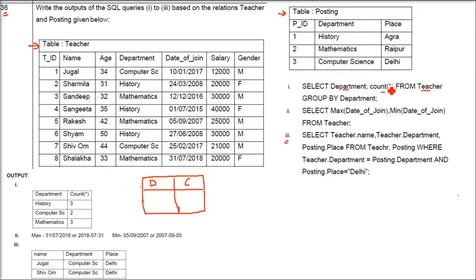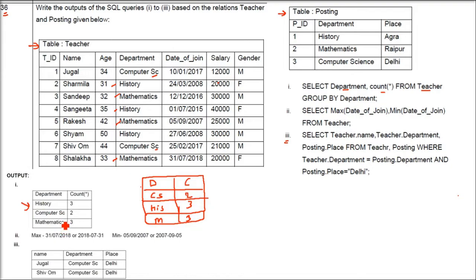Now group by is by department. You have to take department and you have to count each department. Count star is, so computer science is how many? That is how you have to do it. So first let us write the department. Computer science, history, short I'm writing, and mathematics. Now how many computer science? Because count star. How many computer science are there? 1 and 2. So 2 computer sciences are there. So 2. How many history? 1, 2 and 3. 3 histories are there. Then mathematics. 1, 2, 3. 3 mathematics are there. So this is the result that should come.